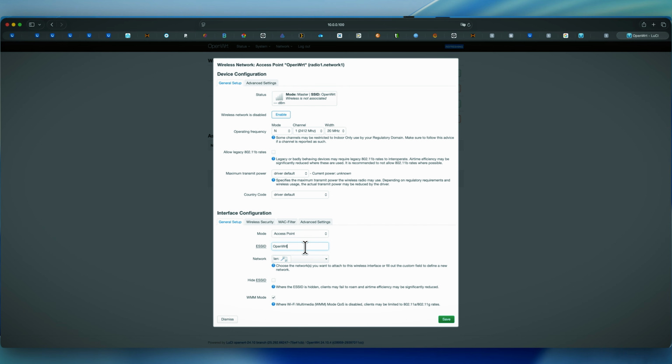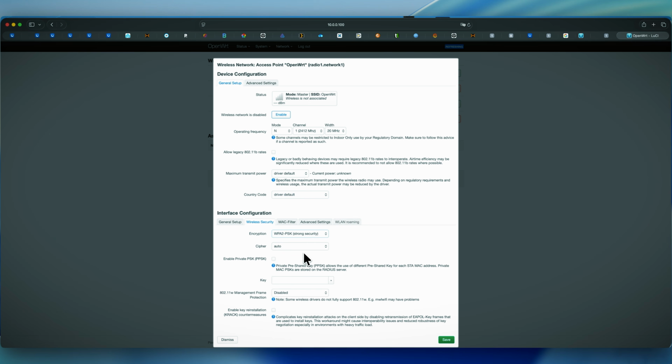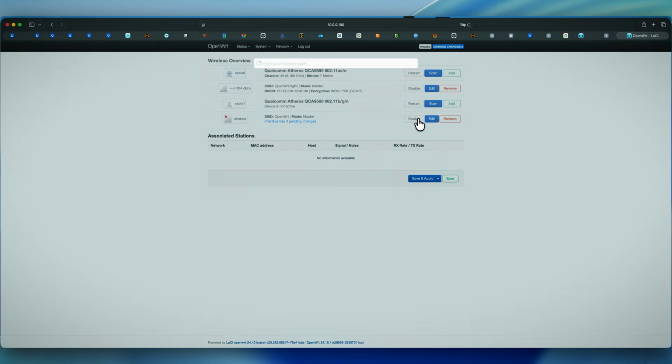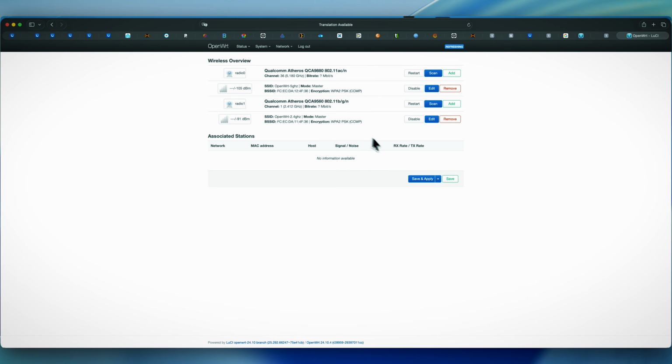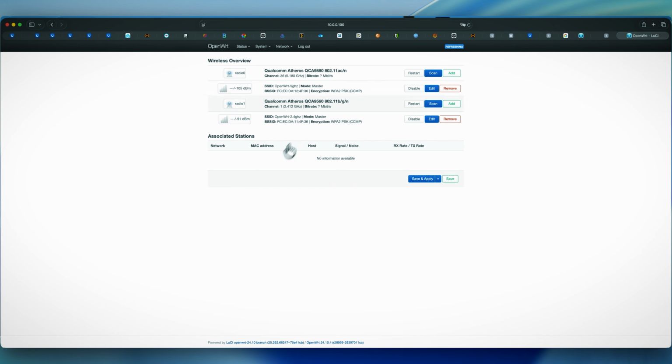So this is OpenWrt 2.4 GHz, and here I won't set up any frequency and channel, so I will just go ahead and set up the encryption here also. I will save it and I will enable it. So configuration changes applied, and I will click on save and apply. There are no changes to apply, so I will just go ahead and check here, can I see the Wi-Fi